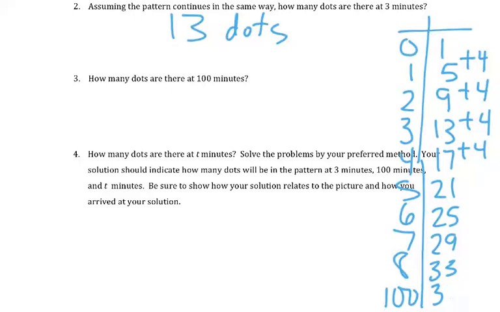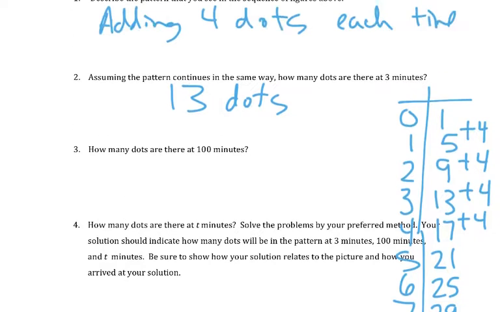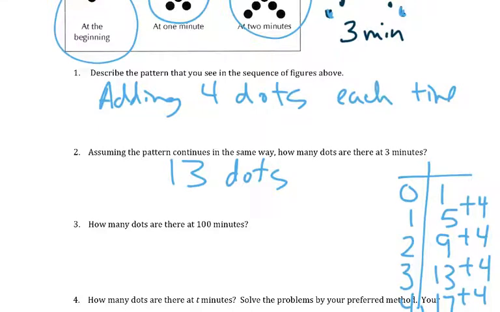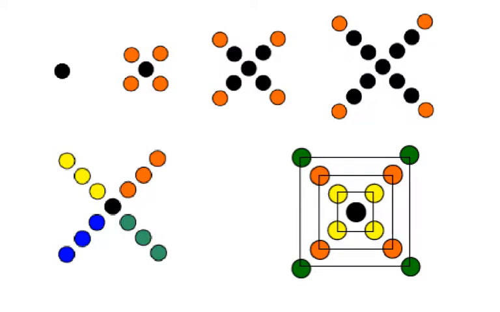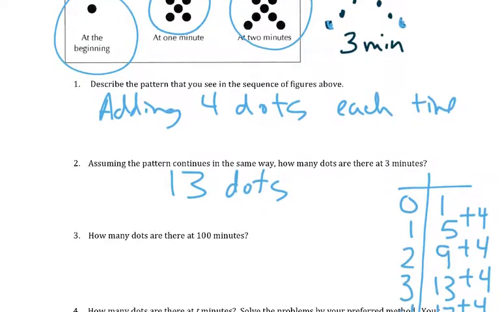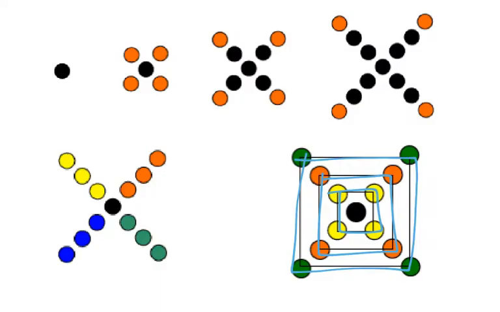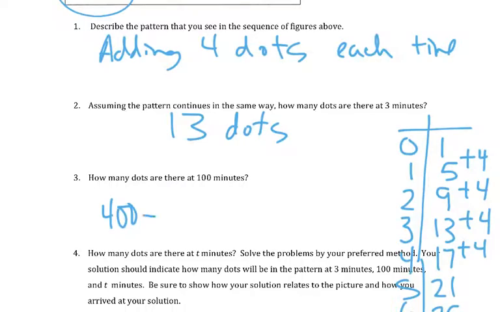Oh, not 37, right? That's 100. Maybe you drew a connection and said, if we look at it this way, each minute we're getting 4 more dots. So at 100 minutes, there'd be 100 dots on each arm, right? Or 400 total, or 100 on each arm, plus the one we started with in the middle. So we'd end up with 401 dots